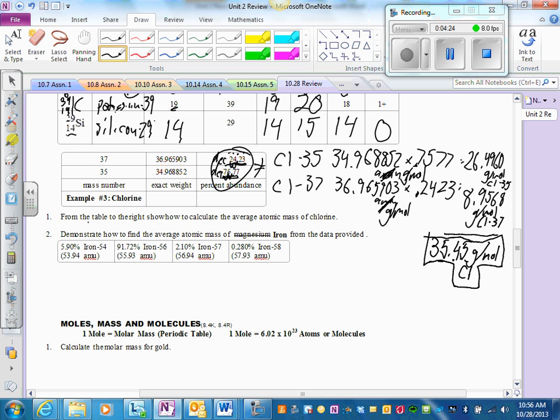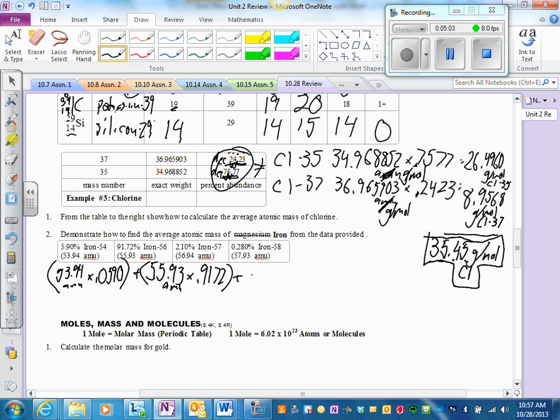Okay, now let's go ahead and do iron, which was said at magnesium, it was a typo. So let's go ahead and do the same thing here. So iron 54 plus iron 56 plus iron 57 plus iron 58, adding up the fractions of all of these that we get. So we go 53.94 AMU times, turning this into a decimal, 0.0590. All of that plus 55.93 AMUs times 0.9172